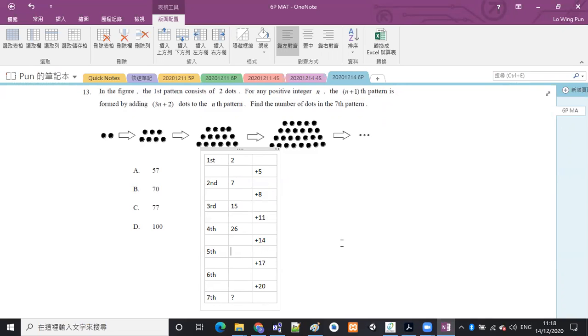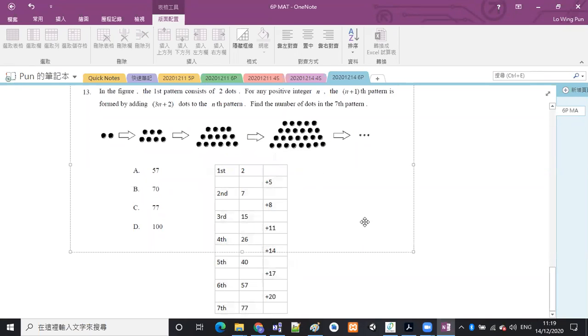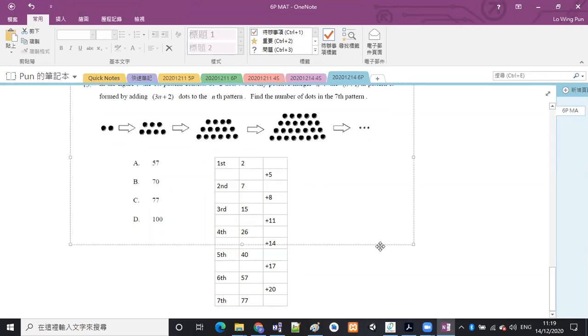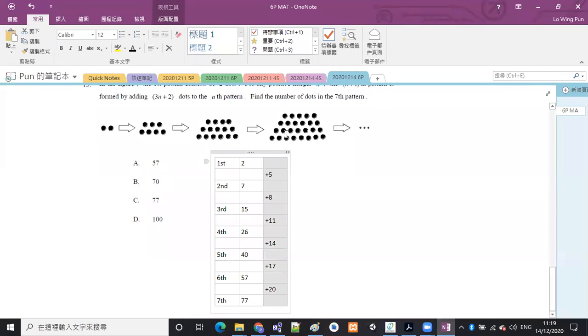the fifth pattern 應該就係40，and then the sixth pattern should be 57，and then the seventh pattern should be 57 plus 20，it should be 77。So the answer is option C. Okay, so that is like this。得唔得？有冇同學唔得呢度？希望個個都做到。每次都係咁做嘅，你最緊要就揾咗呢一行。